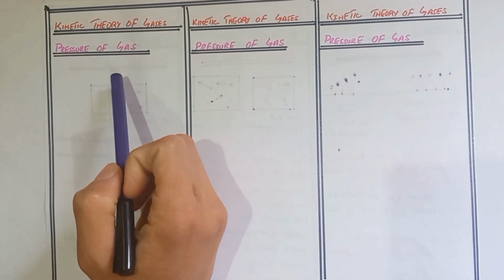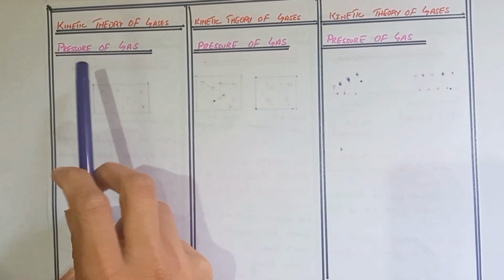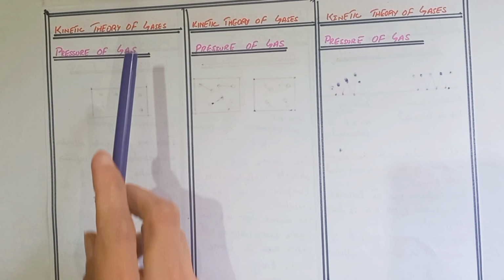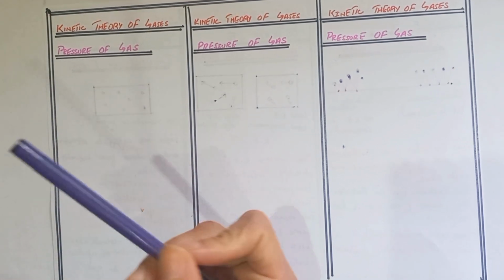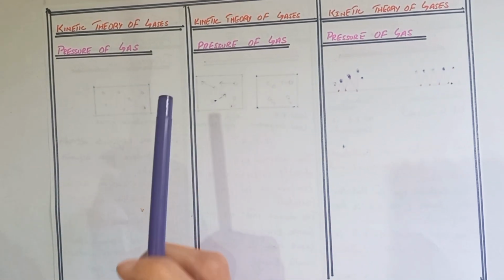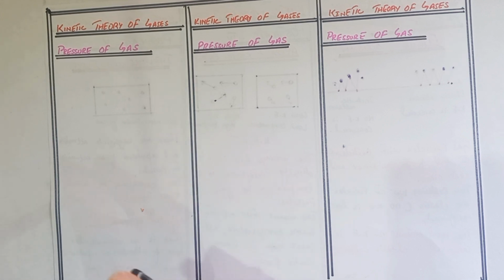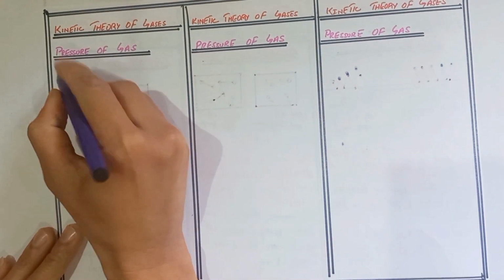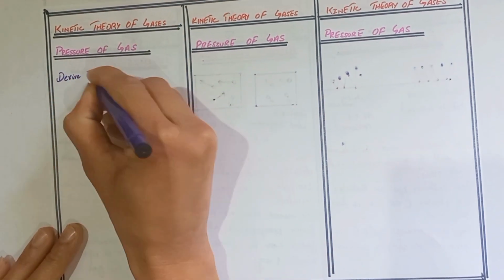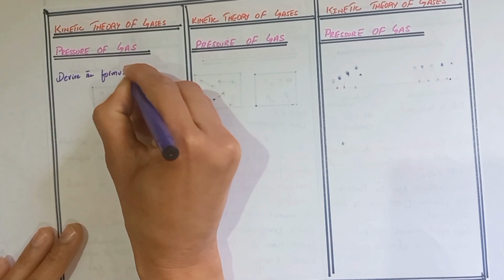Today we discuss the topic that is the pressure of gas. We write the formula of the pressure of the gas by using the kinetic theory of gases. According to the kinetic theory, gas consists of a large number of particles. When these particles collide with the wall of the container, they exert pressure on the wall of the container. So we can calculate the pressure of gas, derive the formula of pressure